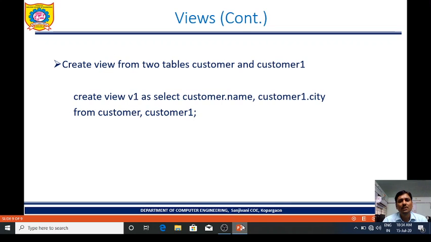We have seen view. Why do we require view? To reduce complexity and to hide data, we use view. Now what is the difference between view and index? Why do we use index? To speed up retrieval. Why do we use views? For space saving and to reduce complexity. This is about indexes and views. Thank you.